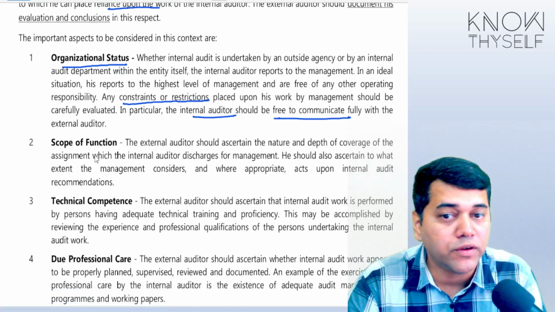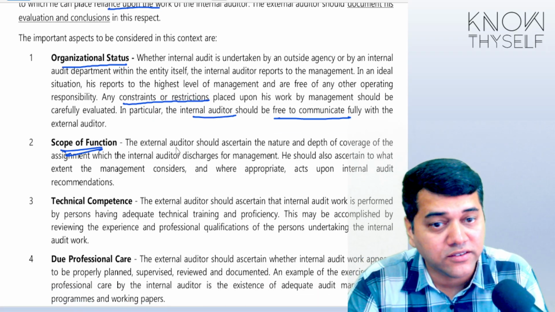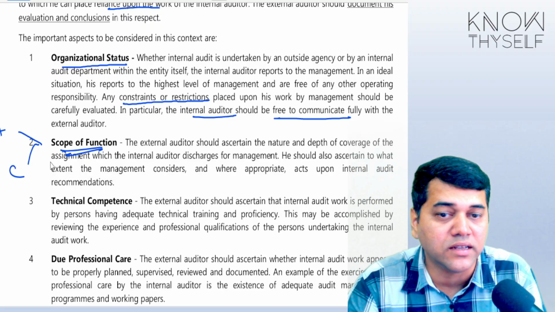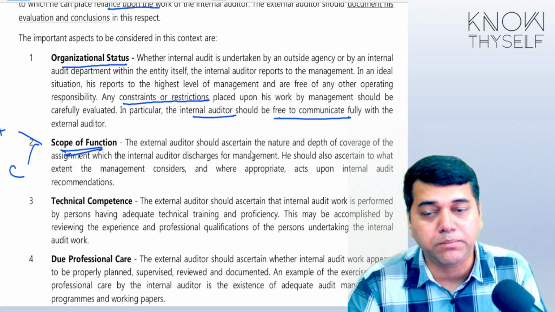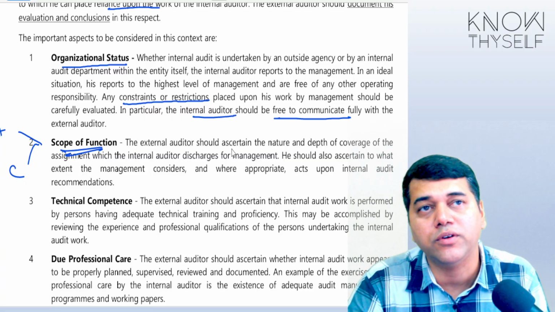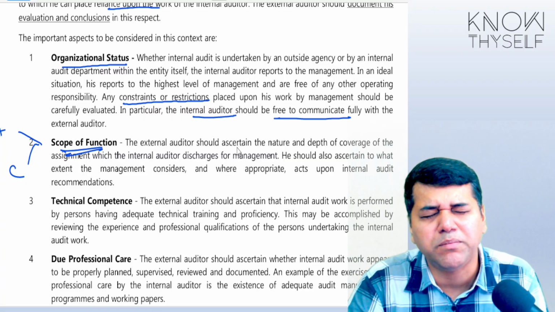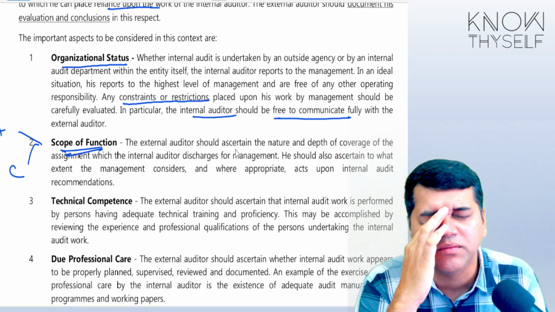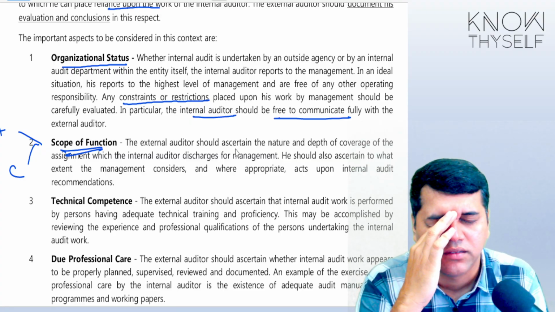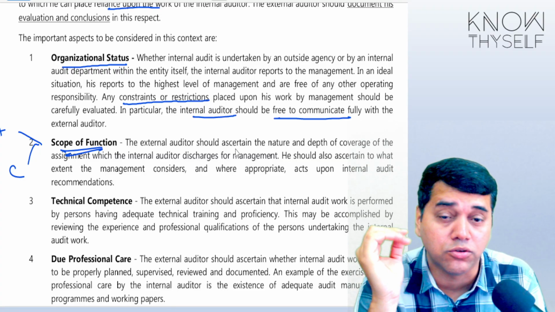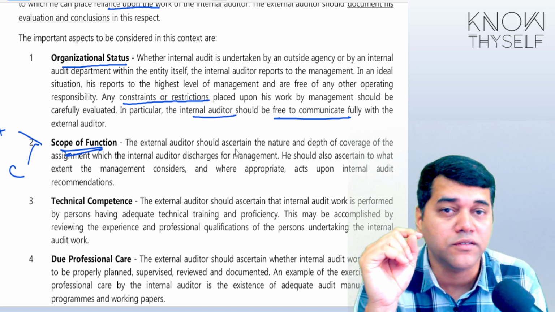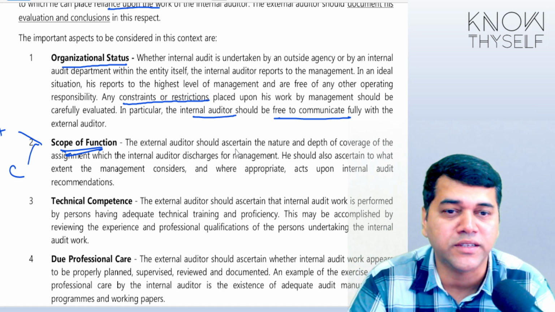Then second, you have to evaluate what their scope of work is. Has it been restricted? Generally we have two scopes of work: assurance work and consultancy work. Now what can happen, students, in one of the frauds in Japan, there is one extremely famous company, Toshiba, I believe. I'm not recollecting exactly. In that, a 1 billion fraud happened, fraudulent financial statements.